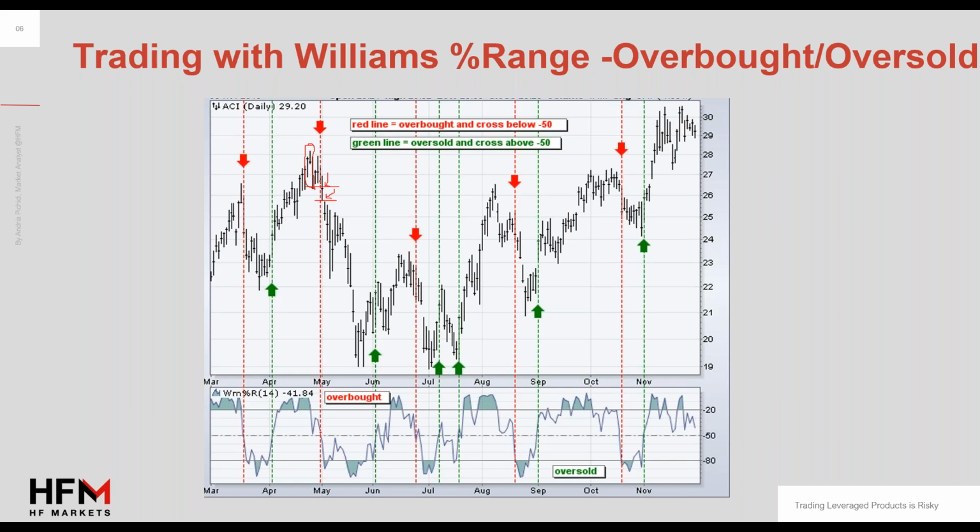Okay, so it came down, tried to recover it, right? So you could close some profits over here or close all of your position. That's fine, don't worry about it. But you could take another short position on this pullback over here. It retested the -50 and turned backwards again. Okay, so there was an indication that there is a continuation to the downside